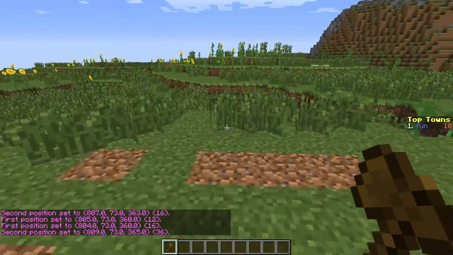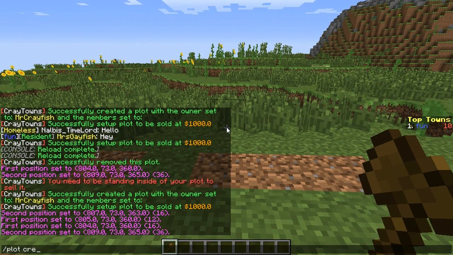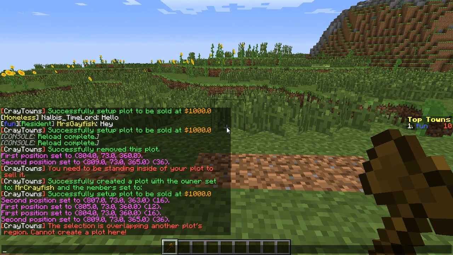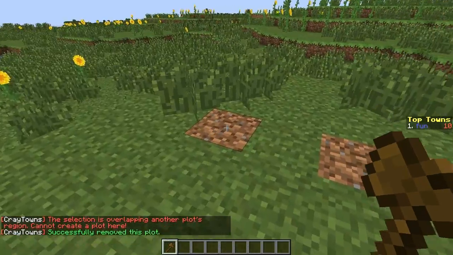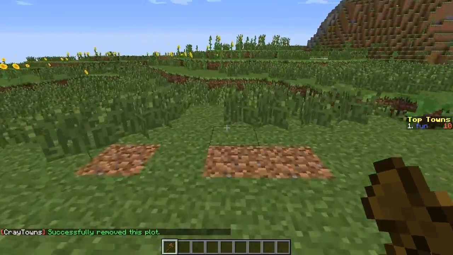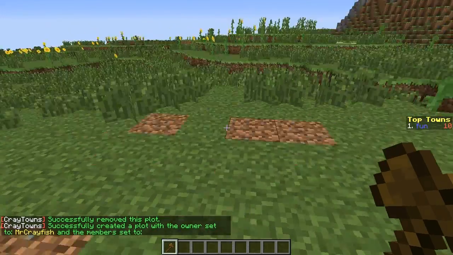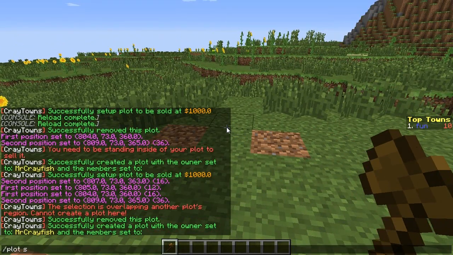So we set the positions. Let's do plot create. And then fudge. All right, we'll do that again. So select the two regions. We'll create the plot. And then we'll just do plot sell